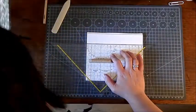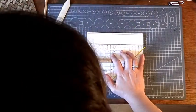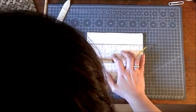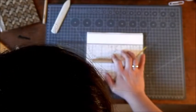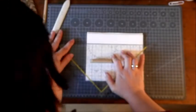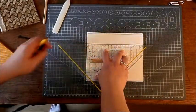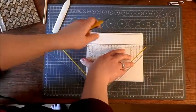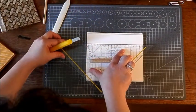So I said that was 11.5 centimeters. And because I have the right angles here on my triangle, I can just line it up with the side edge here with the black line and the bottom that marks 11.5 centimeters. When I have that, I can just hold on to this. I have to be careful with the plastic ruler because I can actually cut into this if I'm not careful. In fact, I have